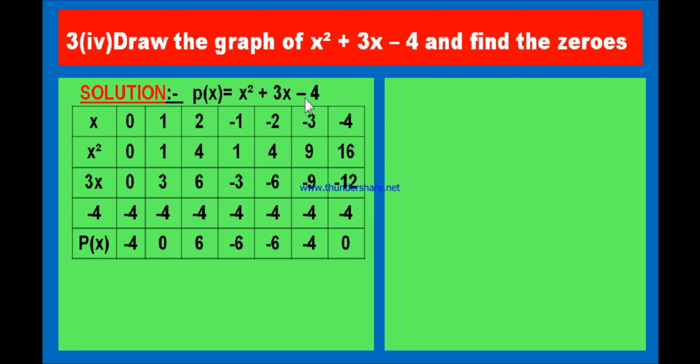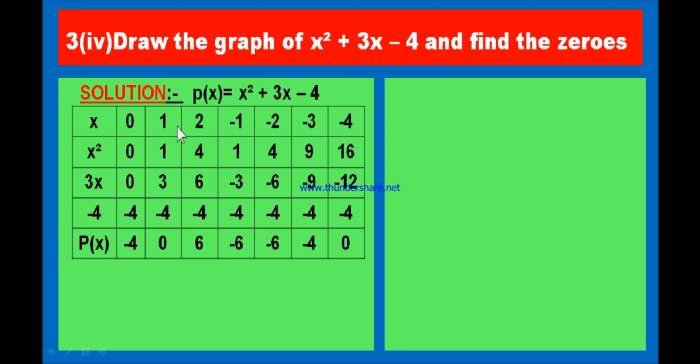As it is a quadratic polynomial, there should be 2 zeros, but we already got 1 zero. Now, in order to get the second zero, it is very simple that you may divide the constant number. I told previously that you may divide this constant number with the first zero. What is minus 4 divided by 1? Minus 4 only. Therefore, the second zero of this polynomial is minus 4. You can observe, if we substitute x is equal to minus 4, we will get 0. Clear? Okay. Now we got the point minus 4, 0